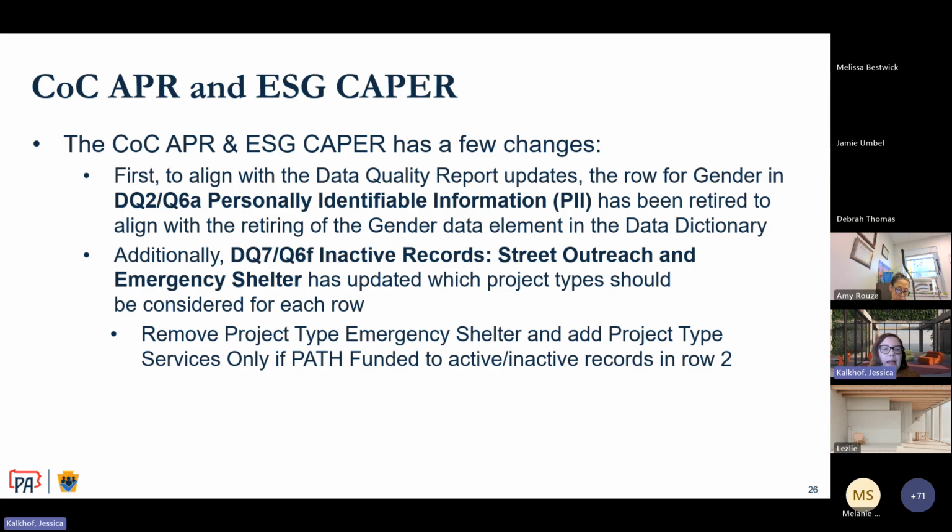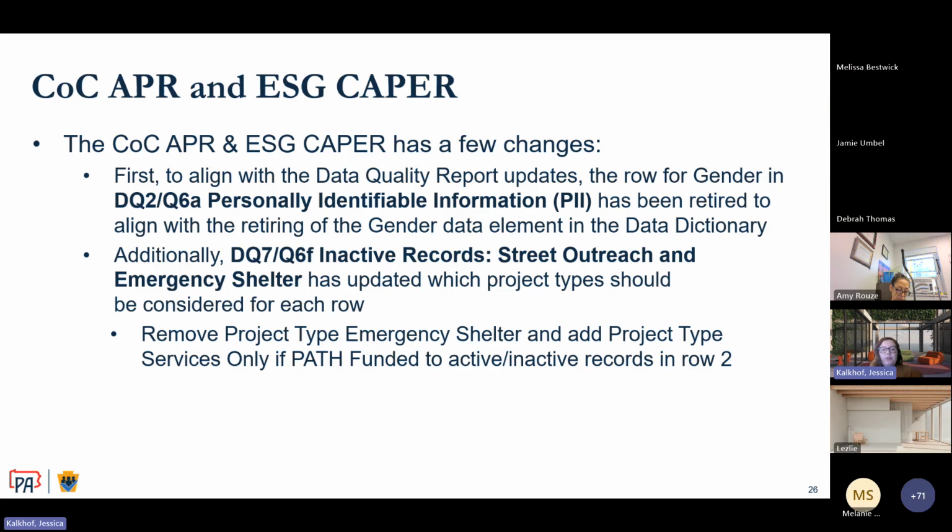So our APR and CAPER also have a few changes to align with the data quality updates. The row for gender,